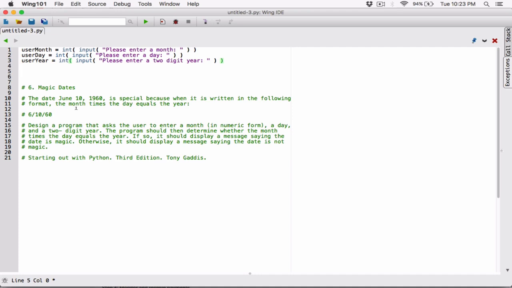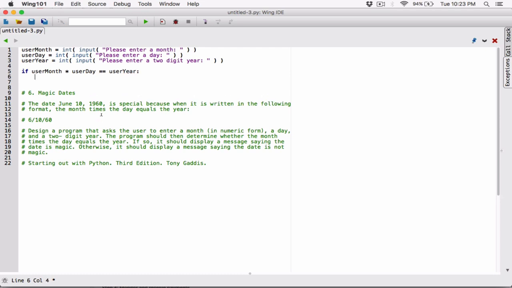So let's create an if statement. The program should determine whether the month times the day equals the year. So if the user month times the user day is equal to, I'm using double equals to compare to see if what's on the left is equal to what's on the right. If I use one equal, I'm assigning what's on the right to what's on the left. I'm using double equals to just compare. So I'm saying if user month times user day is equal to user year, colon,